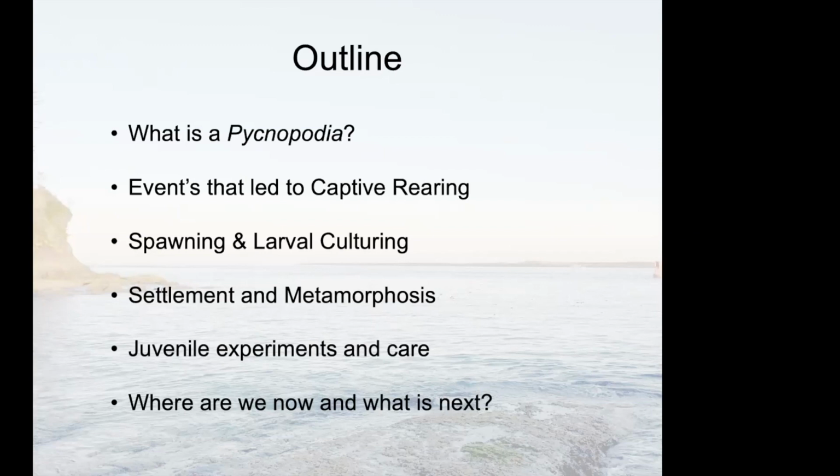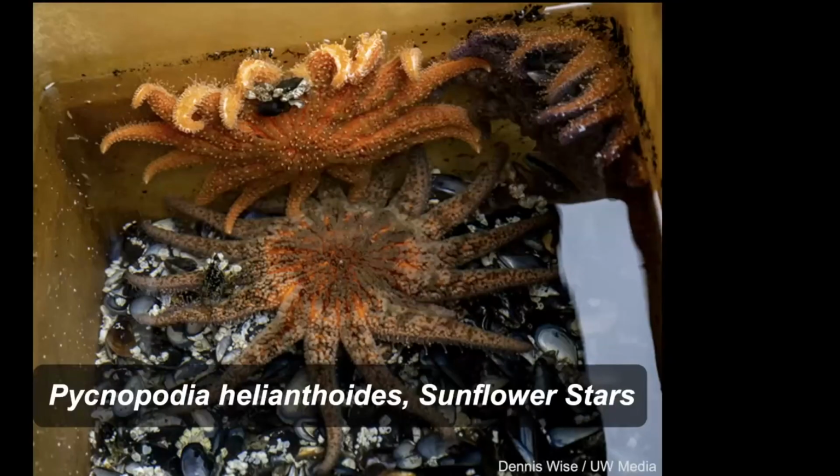So, Pycnopodia helianthoides, the sunflower sea star, is one of the largest sea stars, and they can have up to 24 arms as a fully grown adult. In this image, you can see the individuals that we had at Friday Harbor Lab, and these individuals were almost a foot and a half from arm tip to arm tip, but they have been reportedly measured as large as 1 meter or 3.3 feet from arm tip to arm tip. So they're a pretty big sea star, and it can be hard to find a very large one,